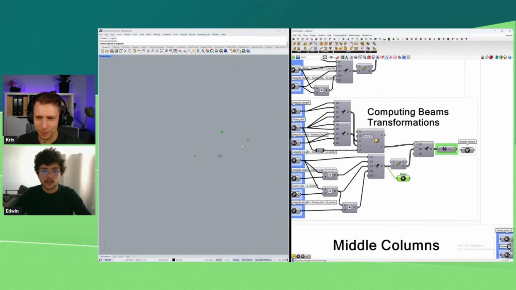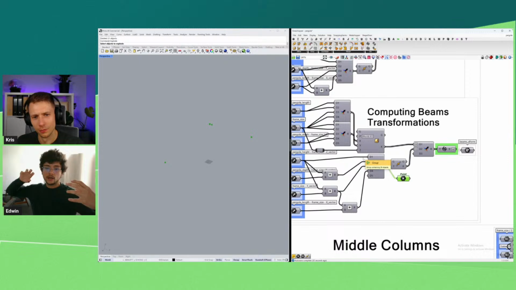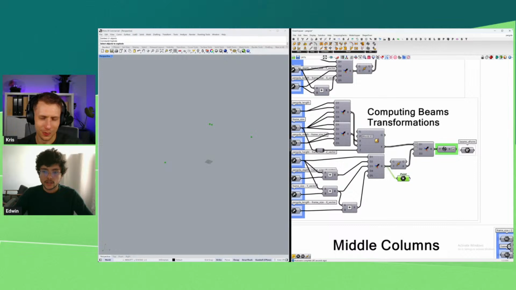So scaling in three directions, right? Correct. And then here I have the beams, for example. Again, I have to think, okay, where is the position of my point, the origin? And from this origin, I'm scaling. First I have to position, and then I have to scale, no? Then I do the same with point and scale. And then what you need to use there is this compound component. This compound component basically joins transformations. So you have here a move, and I have here a scale. And the order matters, no?